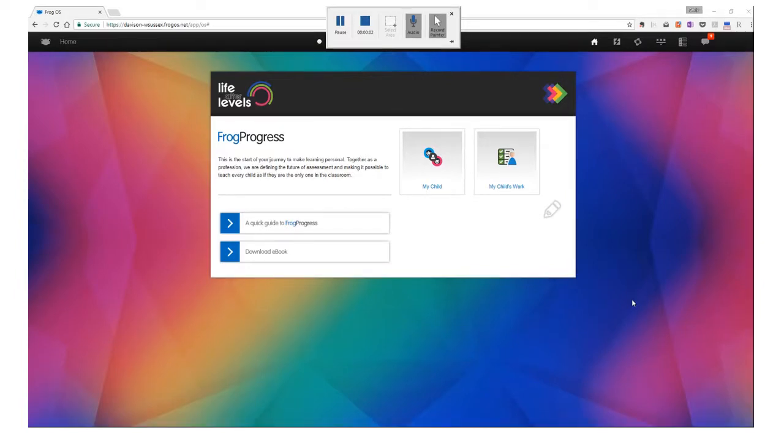This short video shows you how you can help your daughter with her learning to attain the KPI. One of the questions that parents ask very frequently at Parents' Evening is, what can I do to help her? Well, in this video, through the Frog portal, through the My Child Frog app, we can show you quite easily